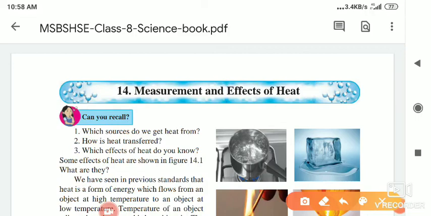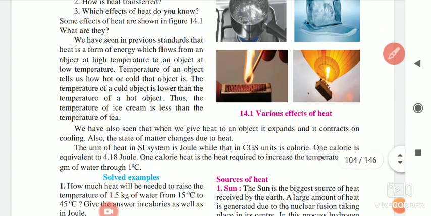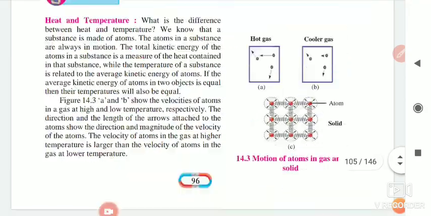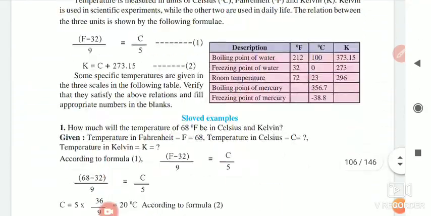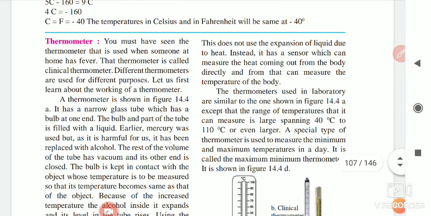Hello students, lesson number 14, measurement and effects of heat. Under this lesson, yesterday I sent you the videos. In that you will understand the details about the introductory part and how to solve the examples from this. Now today we will see the next part of the lesson, and that is